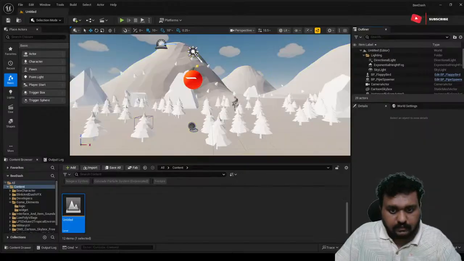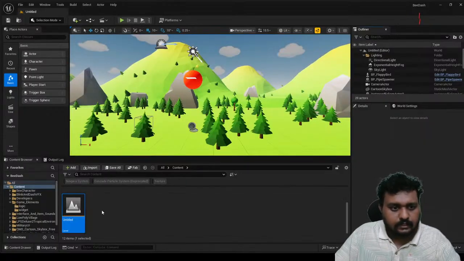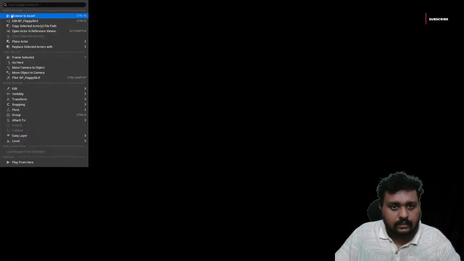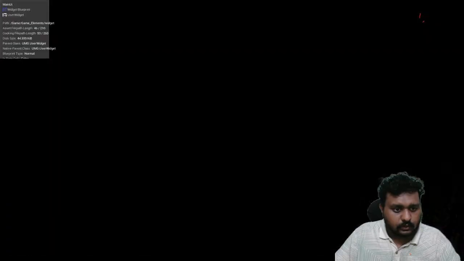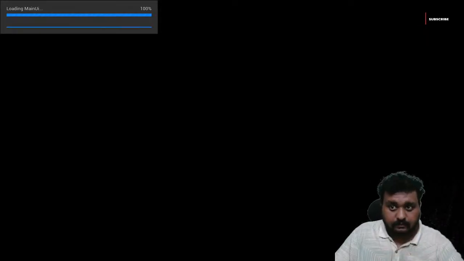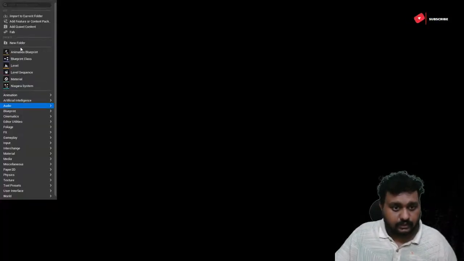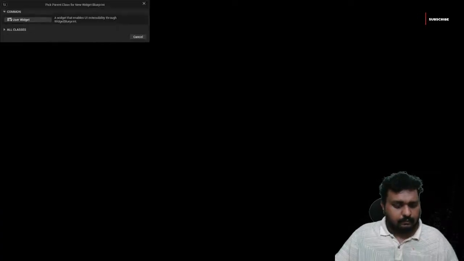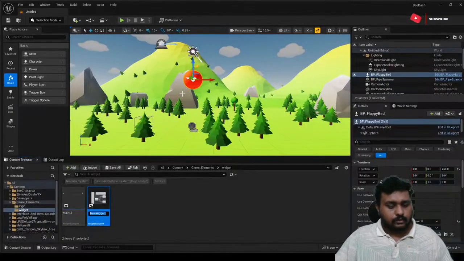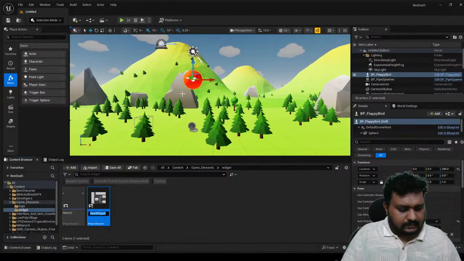So over here, what we can do is we are actually creating the blueprint over here, the widget, right? So let's actually go to the widget. It should be empty because we actually got an engine crash. So again, we are going to create a blueprint, and it's got to be user widget. Let's name it